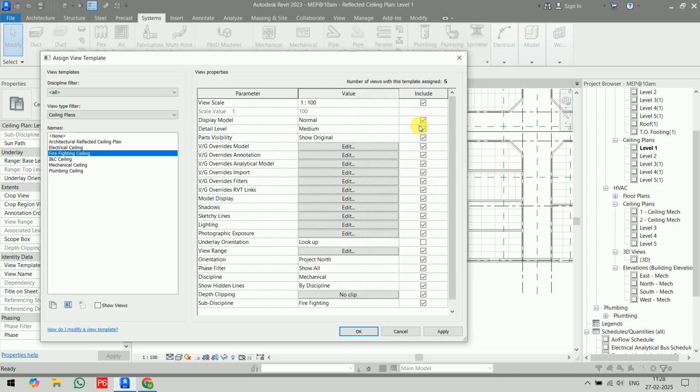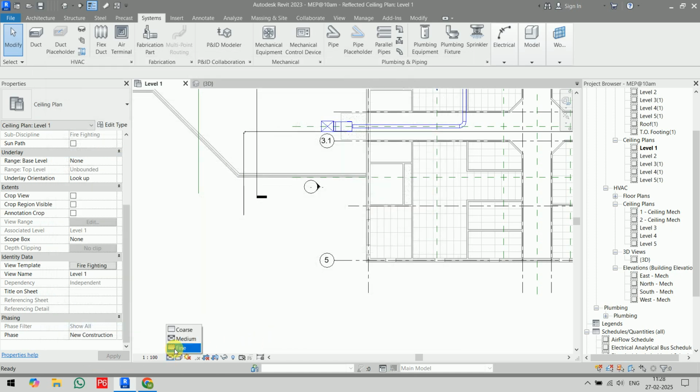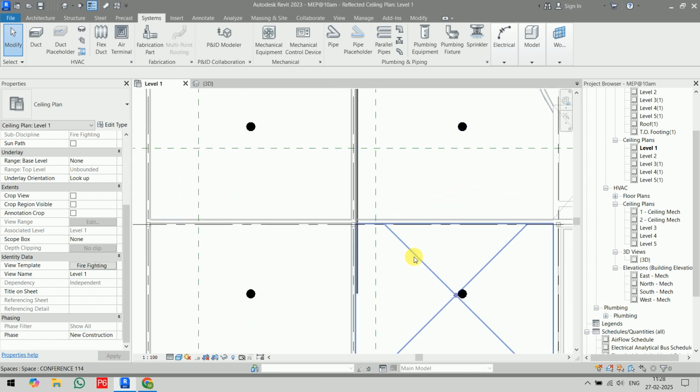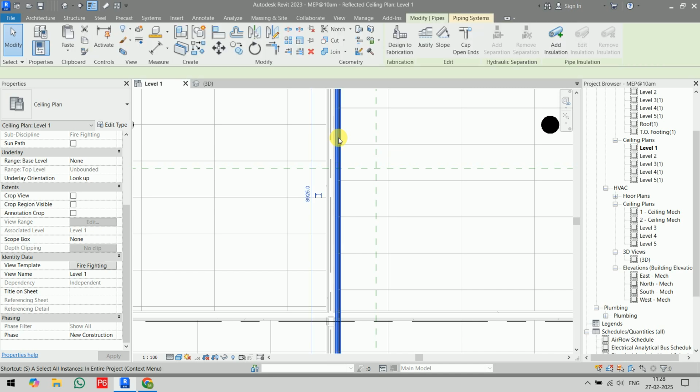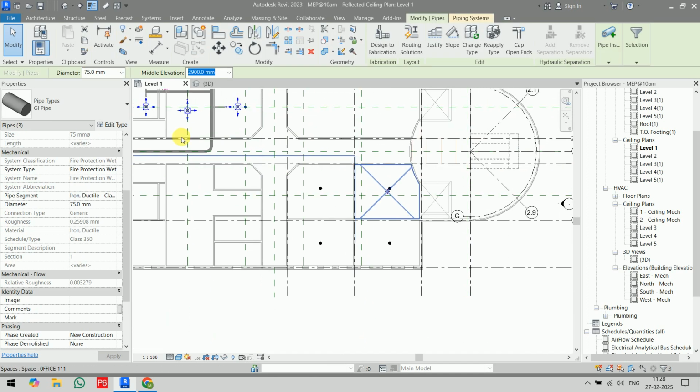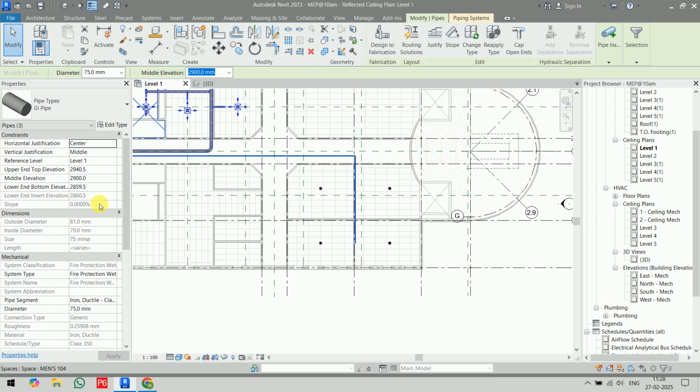Go to view template, we will exclude detail level property, visibility graphics, model and model display. Fine, convert this into shaded. This is showing us like this, but all these pipes should be red in color, all the firefighting pipes. So what you can do, you can select the pipe and